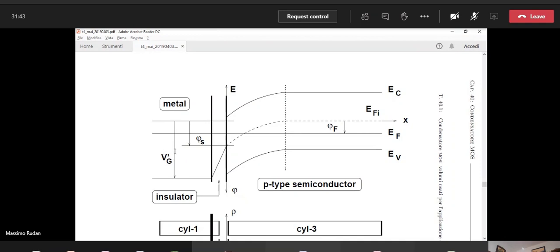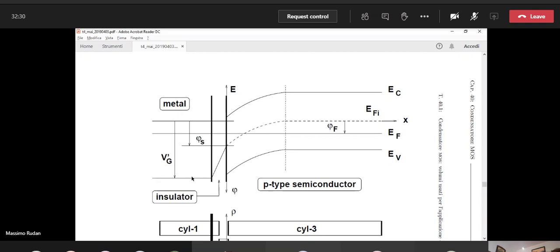Obviously, VG prime differs by a constant with respect to VG, that is the actual voltage difference between the two metal contacts. And this difference is indeed the difference in the work function that we mentioned earlier. Now, it is qualitatively straightforward to study the behavior of the electric potential in the structure. If we start from the metal and we apply some VG prime, as in the figure,